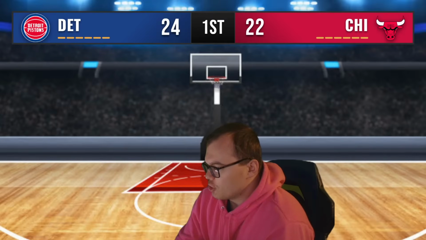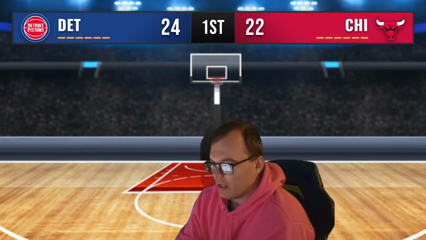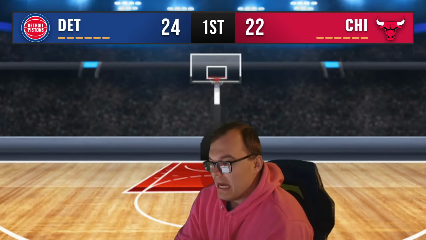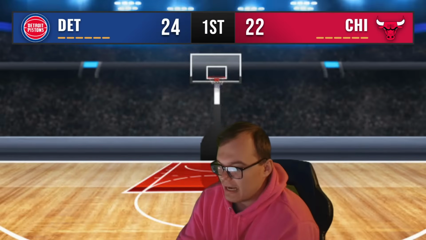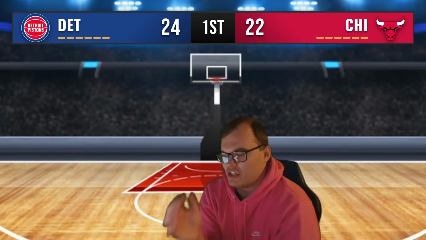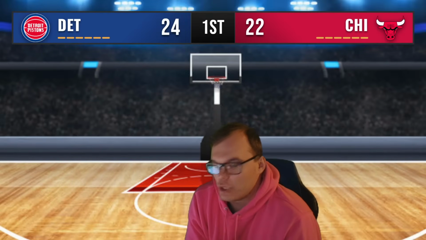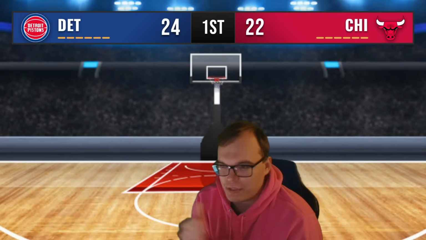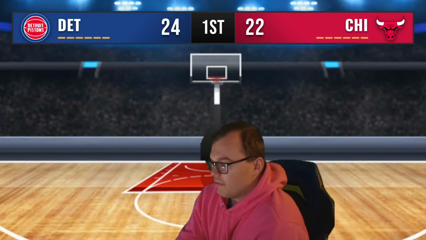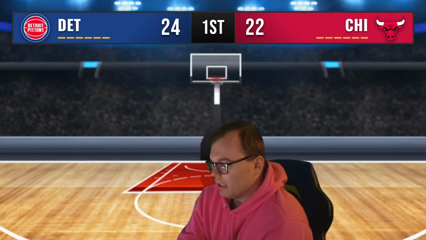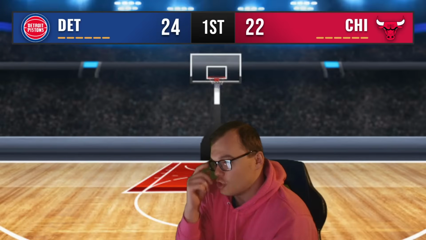Bulls right now have Richards, Williams, Sexton, Simons, and Jones on the floor. So, kind of a heavy guard lineup for Chicago. Jones nearly lost it. Asar goes to swipe it away, he deflects it off of Jones, who was lying on his back on the court. It's going to say Pistons basketball, according to the ref. So that was weird. You got 2 turnovers, basically back-to-back possessions, so the Pistons eventually get it back. Pistons on the floor right now have Asar, Paul Reed, Ron Holland, LeVert, Jenkins. Bulls have Williams, Richards, Sexton, Simons, and Jones.